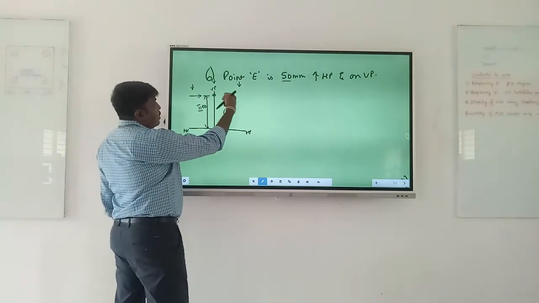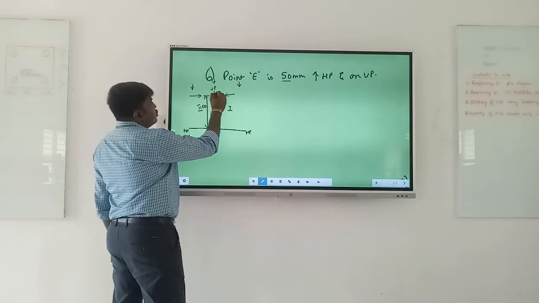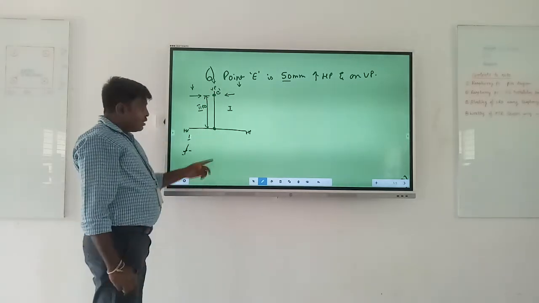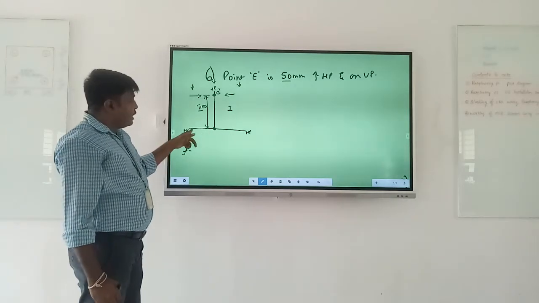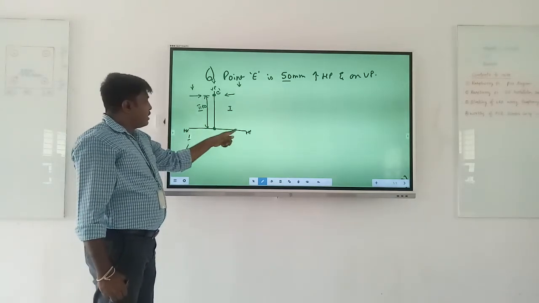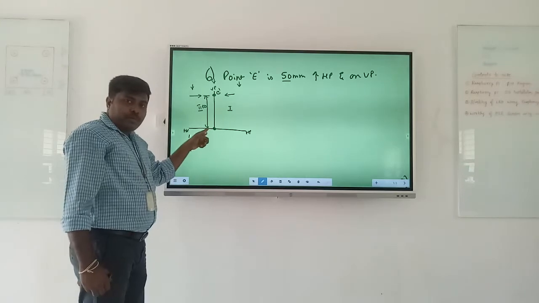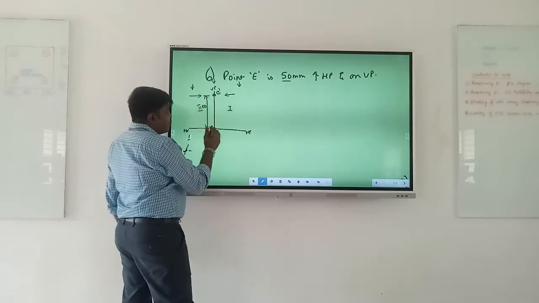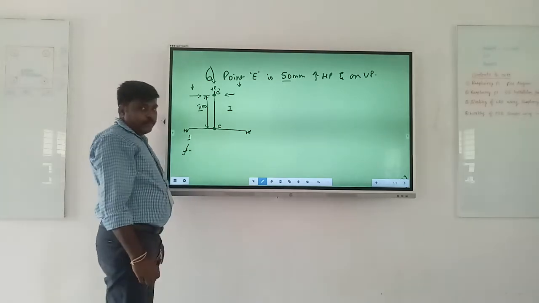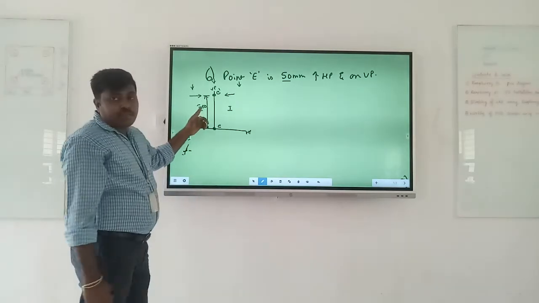So this point, it is on the vertical plane, so this should be named with the dash. This point, if it is in the front, it would have been on the horizontal plane. If it is behind, again it would have been on the horizontal plane. Now it is neither in front nor behind, it is on the plane. So when I torch light, I have got it on the horizontal plane, on the origin. So this should be named without dash, so just E. This is the rough sketch I have drawn.